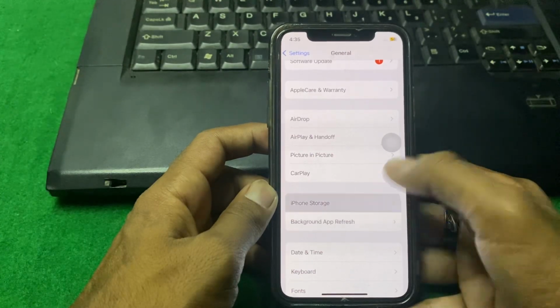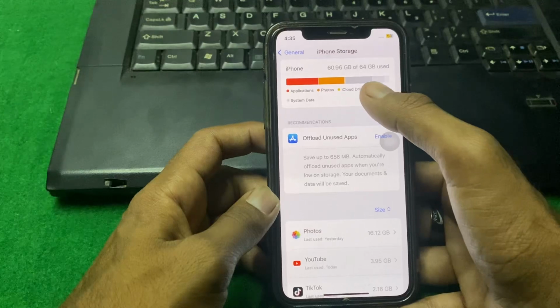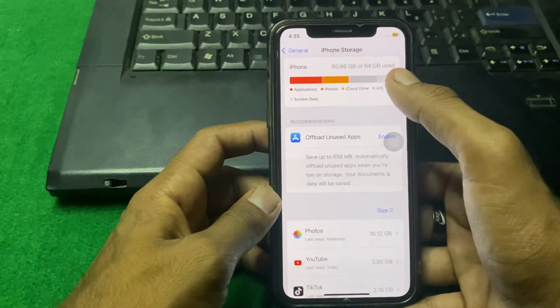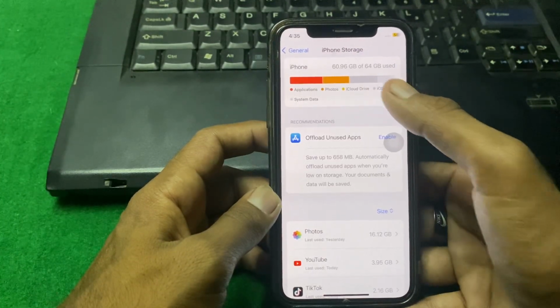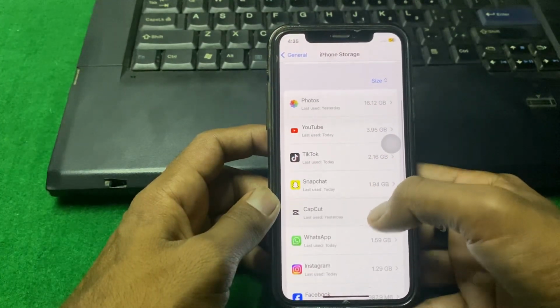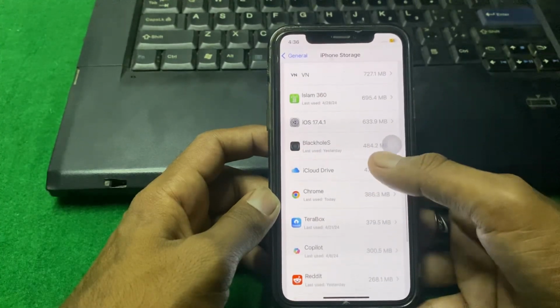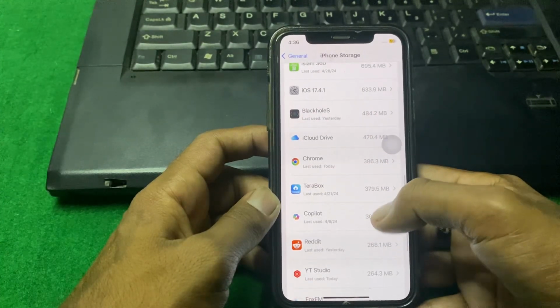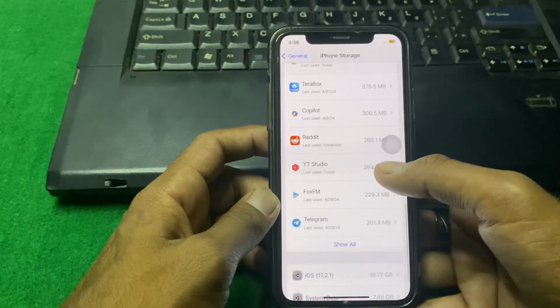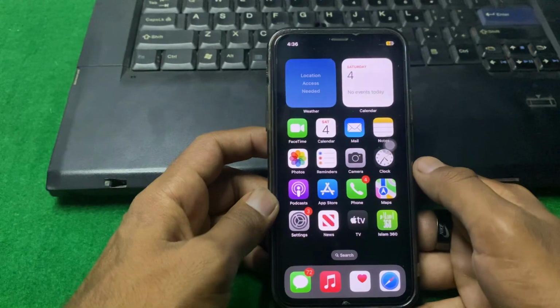So guys, simply tap on this, and from here, if there is not enough space on your iPhone, then delete some data from your iPhone, and from here scroll down. Then from here simply uninstall the useless apps. And after that simply go back to your home screen, and